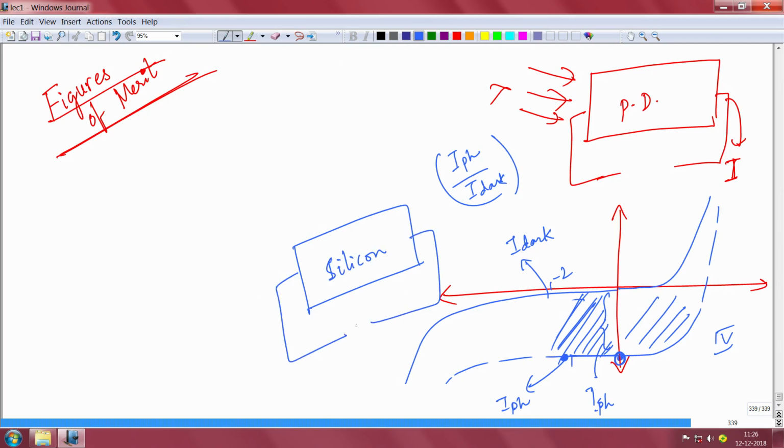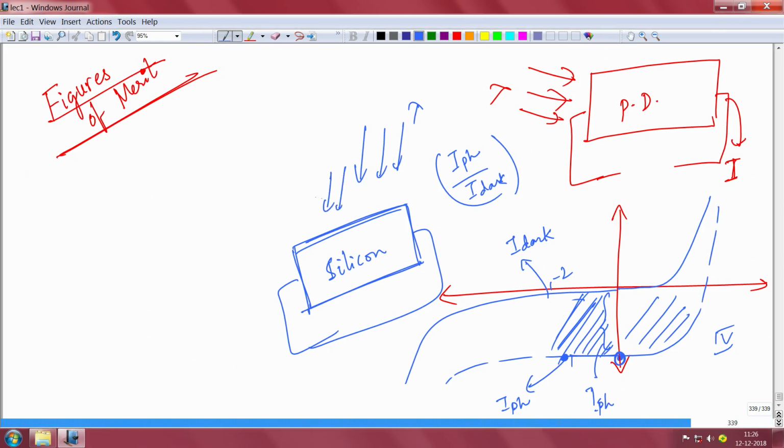So I am connecting a voltage. You cannot get electricity just by shining light, because it's just undoped intrinsic silicon. Maybe even slightly n-type doped silicon is not a problem, but you have to apply a voltage. Why? Because if you just shine light of appropriate wavelength which can be absorbed by silicon, you will not get any current. If it is uniform illumination, electron hole pairs will be created everywhere. Now the problem is there is no internal electric field here, unlike in a PN junction, where an internal electric field sweeps them away. Here there is no PN junction.